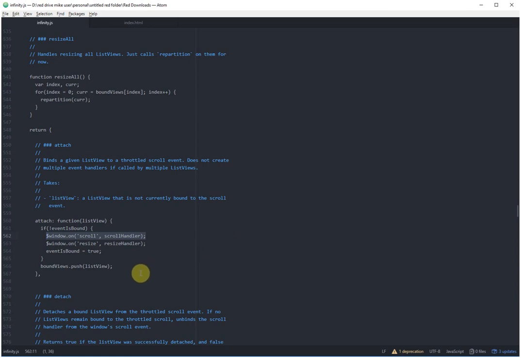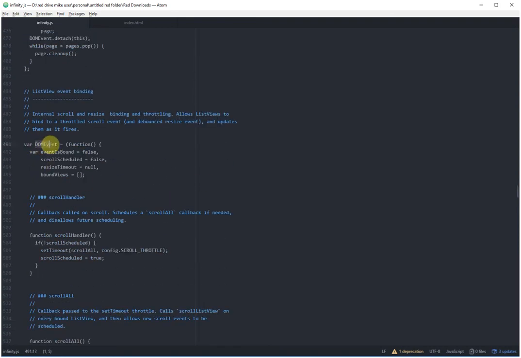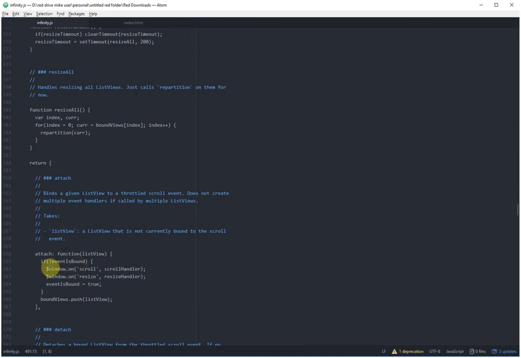And to get into the throttling aspect, this DOM event object, which is this guy, can attach list views, which are infinite scroller related type,